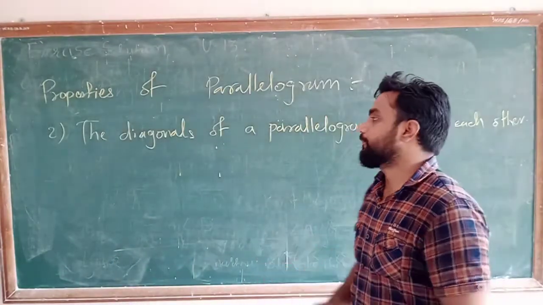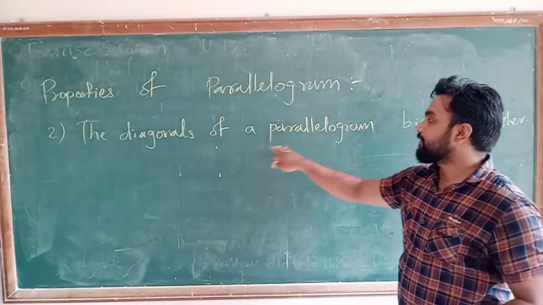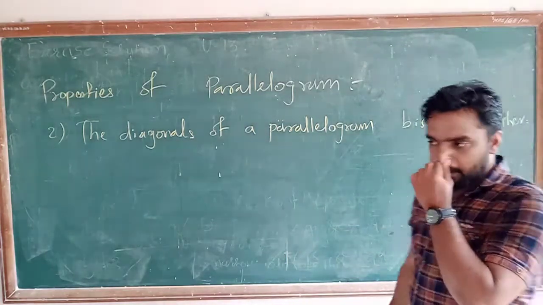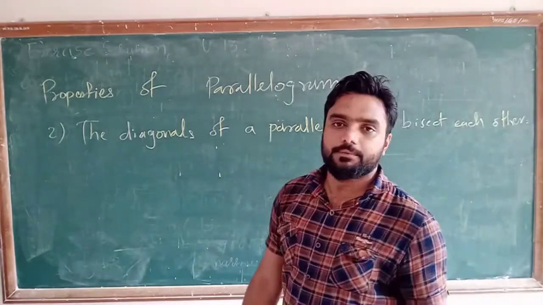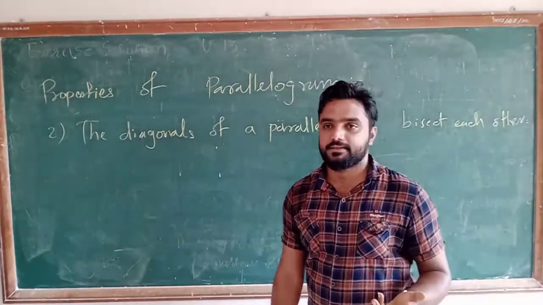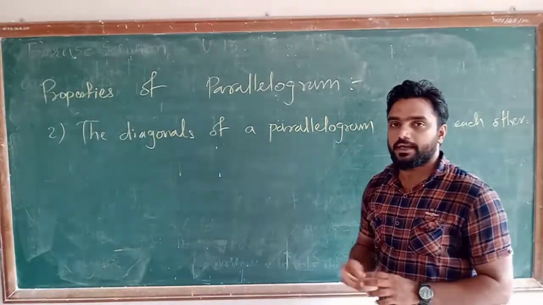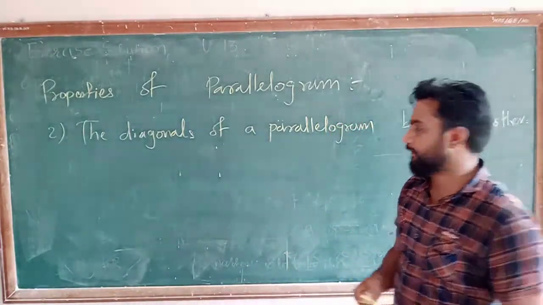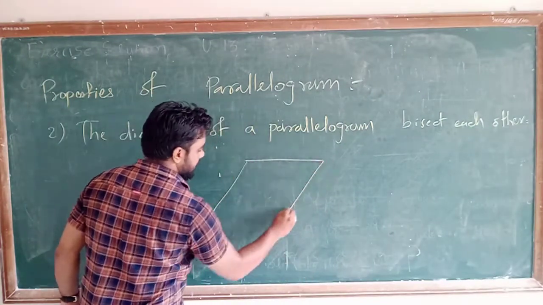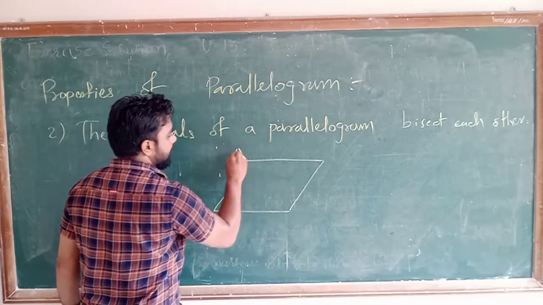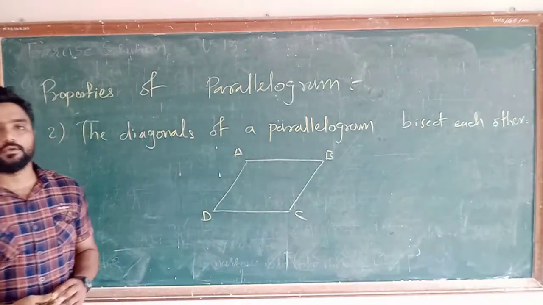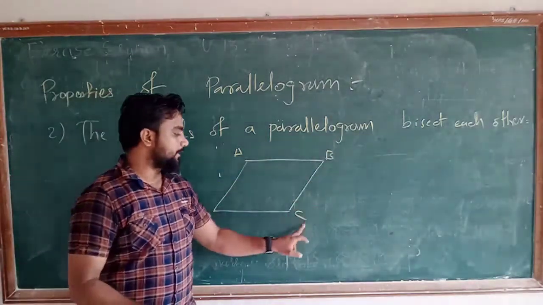Now the second property. The diagonals of a parallelogram bisect each other. Okay, very much important. Okay, so I have already cleared the concept about the diagonals. किसको diagonals बोला जाता है वो already हमने आगे discuss कर लिया है. Okay, now we will check. Okay, I will explain you the property on the basis of the figure. Okay, suppose this is a parallelogram A, B, C, D. ये मैं parallelogram मैंने draw किया हुआ है A, B, C, D.